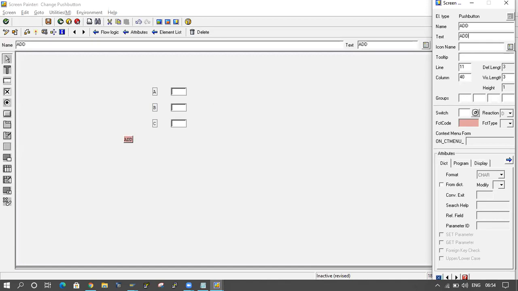Okay, if I click on that button, some technical name I have to give. The FCT code is coming, the functional code.